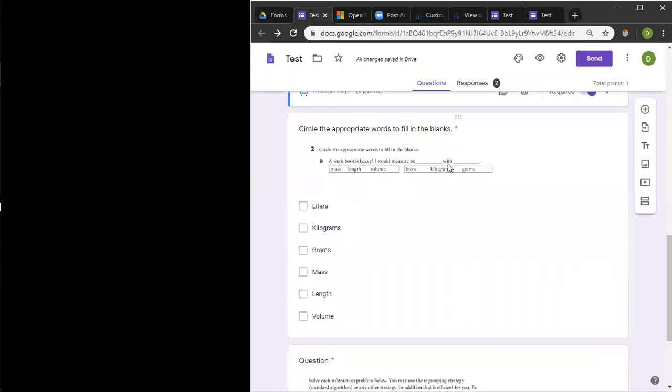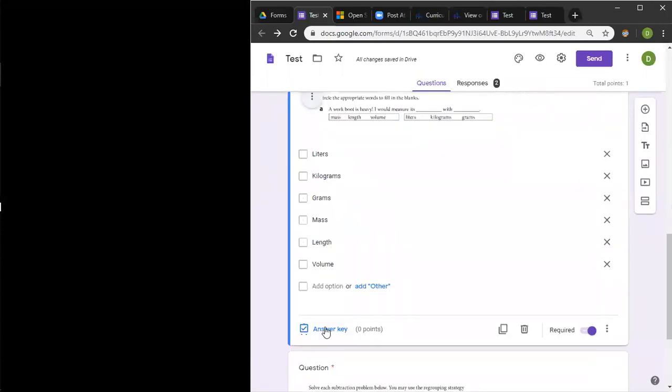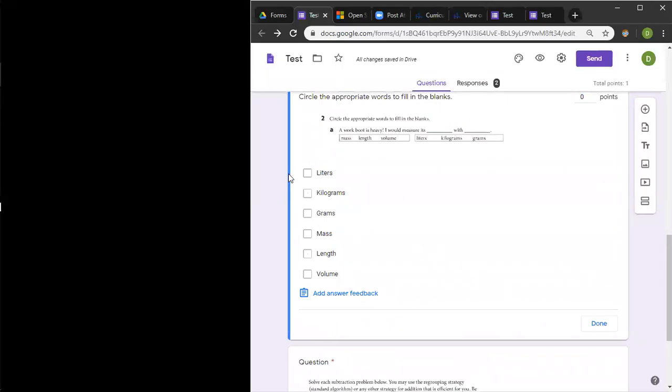A work boot is heavy. I would measure its. Go to answer key again. Mass and grams. And,